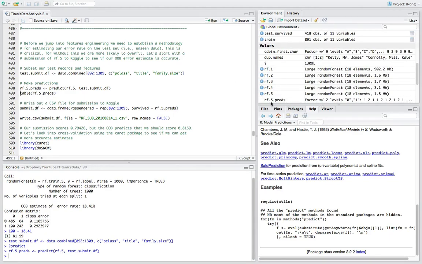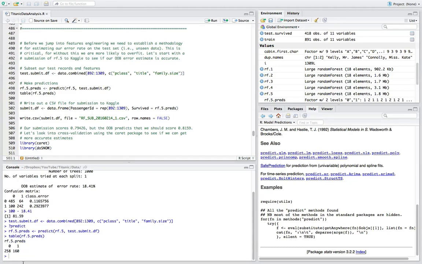And you can see here a new variable called rf5preds with factors of 2 levels, 0 and 1, right? Perished and survived. Great. That's exactly what we would expect. Next, we can run a table command on that just to get some idea of how